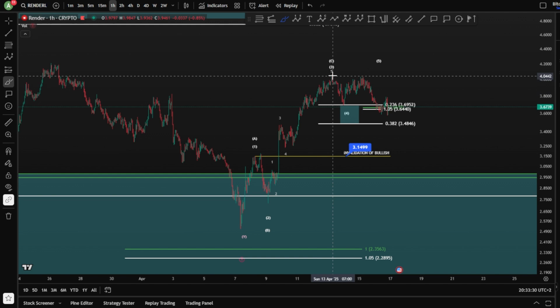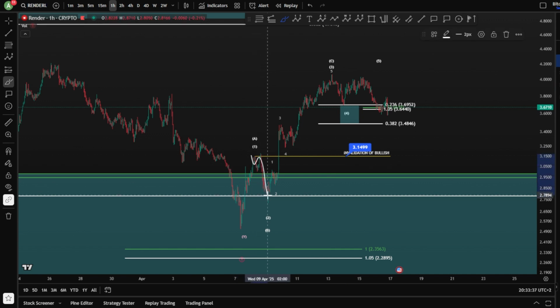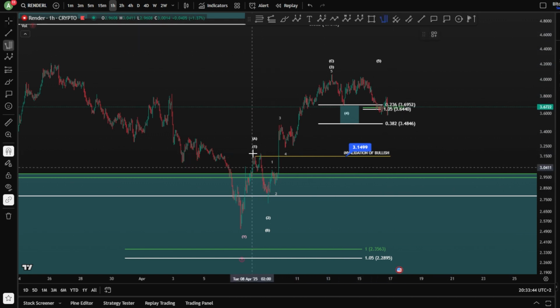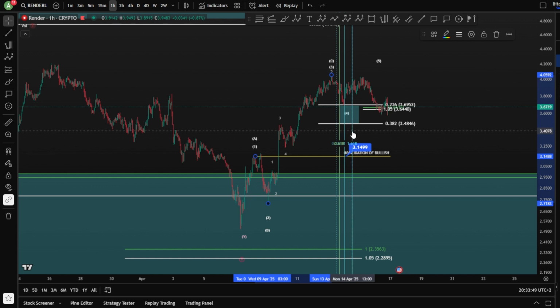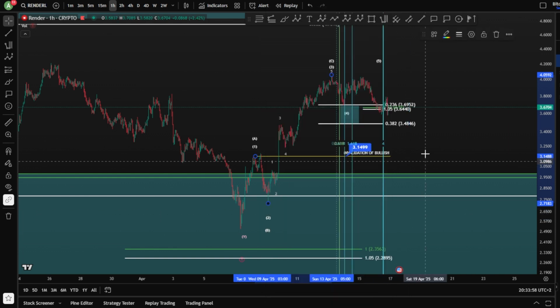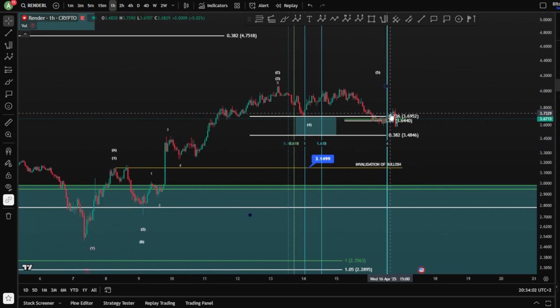Now it was preferable that the wave 4 is finished here based on the alternation for your wave 2 given already there as ABC. You are looking at another 3 wave corrective, and if we take the time into consideration from the wave 2 here and based on the wave 3, you will see that you have passed already the double time here, and currently we have passed potentially even the 4 time for this scenario. Yep, here we go. So we have passed the 4 times of a wave 2 in this wave 4,